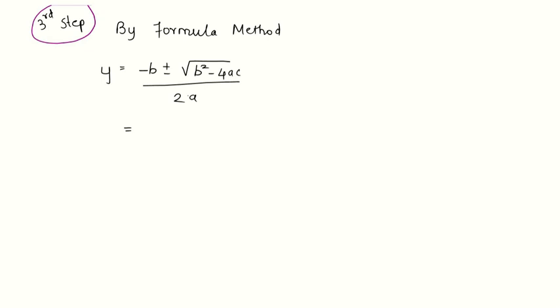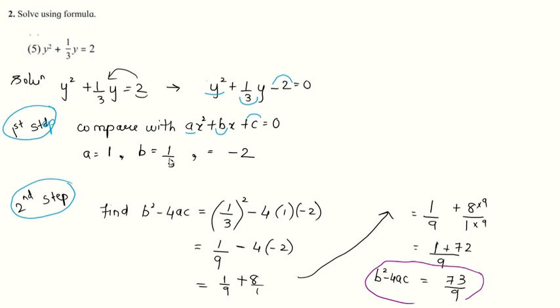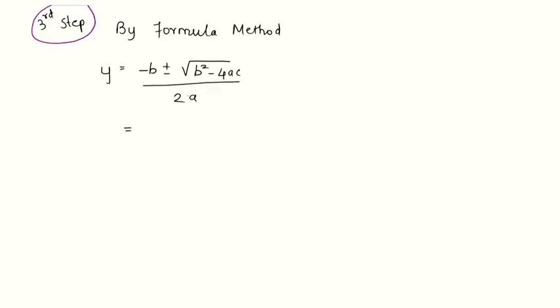What is b? b is 1 upon 3. So minus sign from the formula, b is 1 upon 3 plus or minus square root of